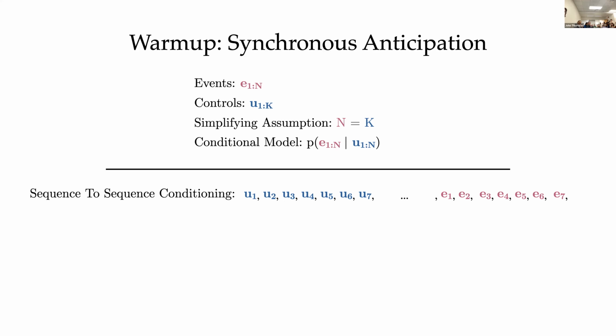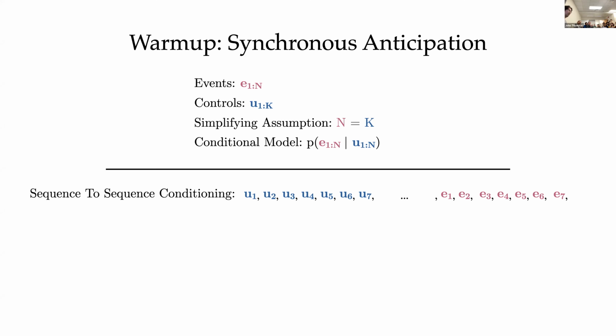So how could I go about building this conditional model? Well, sort of the oldest trick in the book, and Ilya Sutskever and folks were building these models in 2014. They called them sequence-to-sequence models. I'm sure people were doing this before Ilya, but this is kind of the origin of this, at least in the modern context. Take these controls, construct an artificial sequence where you put the controls in the first half of the sequence and the events in the second half, and then train an autoregressive model to predict the sequence of tokens.